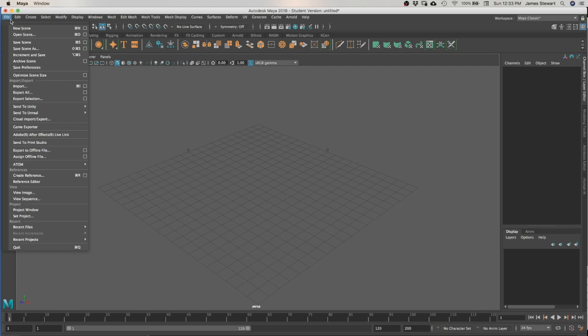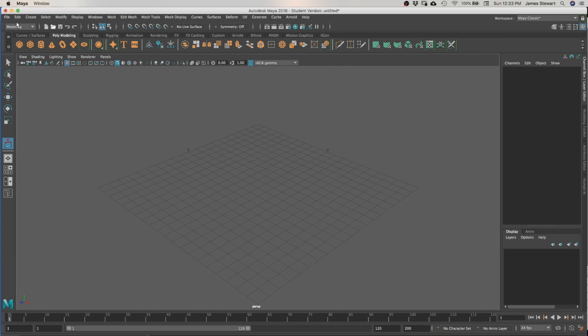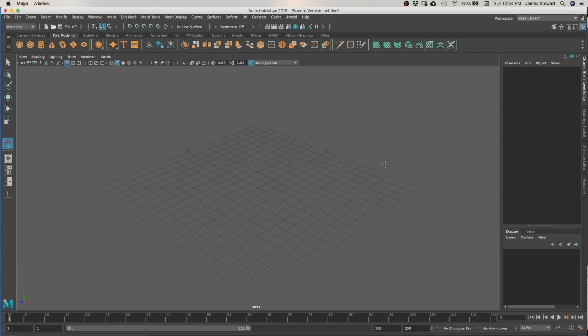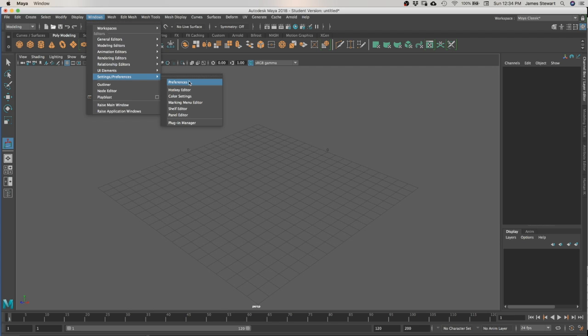So let's bring in that guy we had a minute ago purely as a mesh. Let's bring in, import, James. Import. Now he's not on the screen right now, and I'm going to use this as an opportunity to explain what this grid is. So if you were to go into your preferences, which are settings, preferences, strange place to find